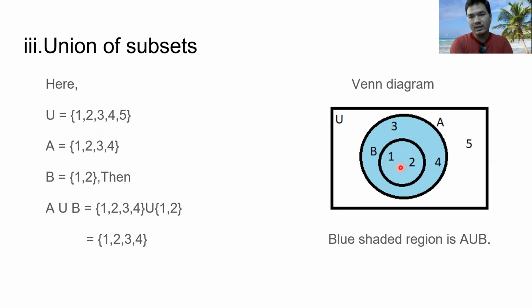That's why I write set A. This is set B. Set B should be inside set A. Here's 1, 2 already. Then what is remaining? 3, 4 remaining in this part. Okay. This total is what? A. A means 1, 2, 3, 4. But B is 1, 2 only.